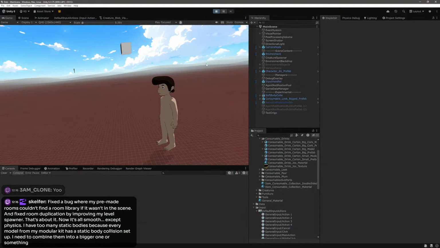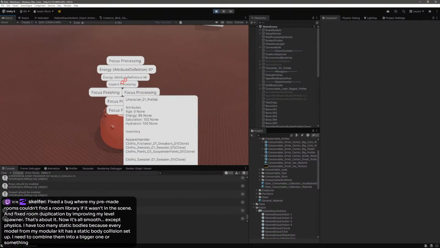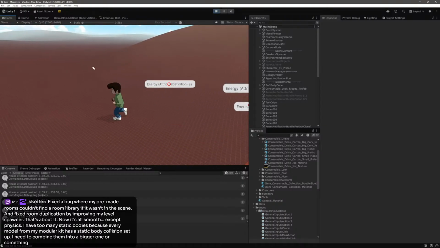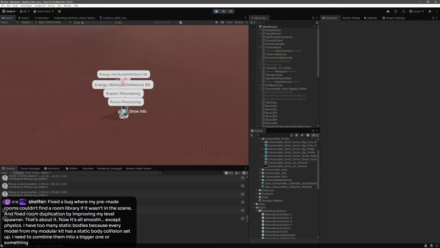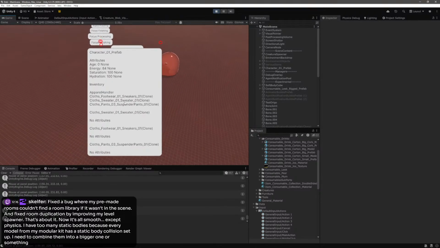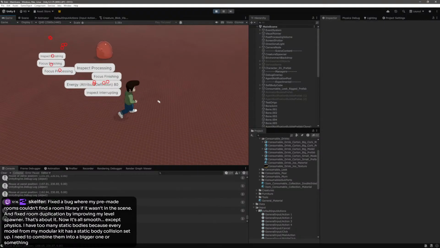I want to see if this works. Mouse, panel position, then we hide it. And then we're back. Okay. Maybe. But